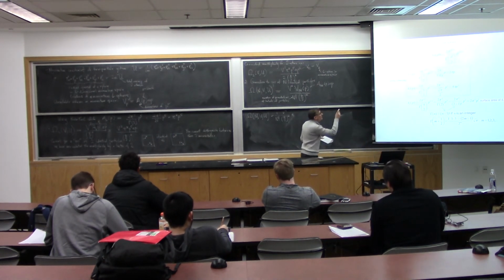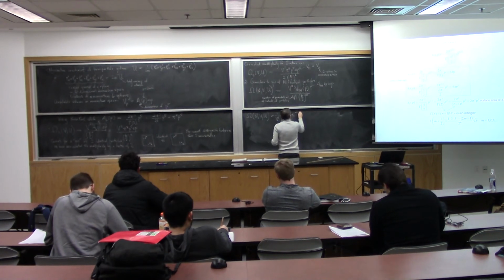Okay? So that's going to be 2 pi to the 3n over 2